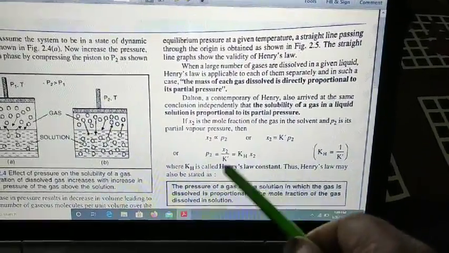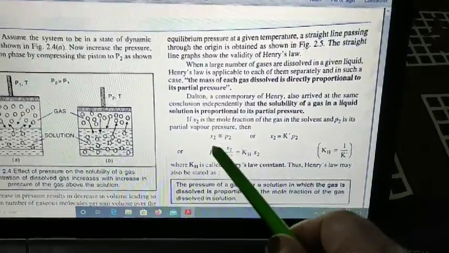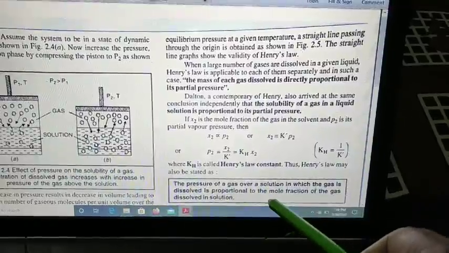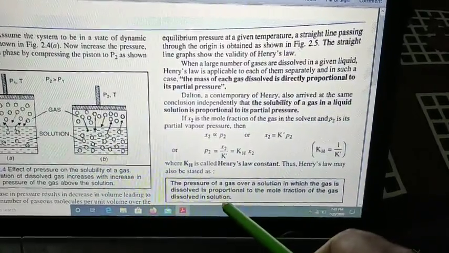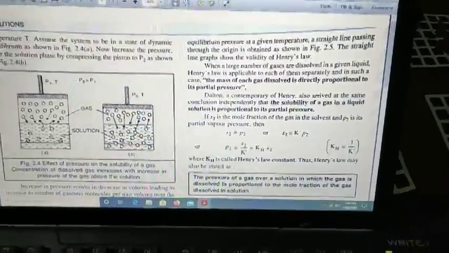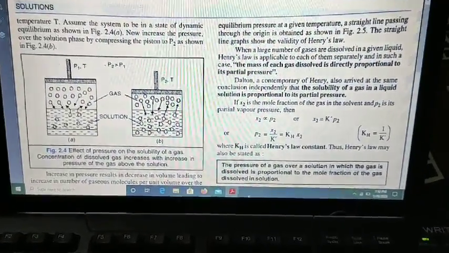Thus, from this statement, we can also define Henry's law as: the pressure of a gas over a solution in which the gas is dissolved is proportional to the mole fraction of the gas dissolved in the solution, because this is the mole fraction of the gas. So this is the second form of Henry's law. Now we are going to see